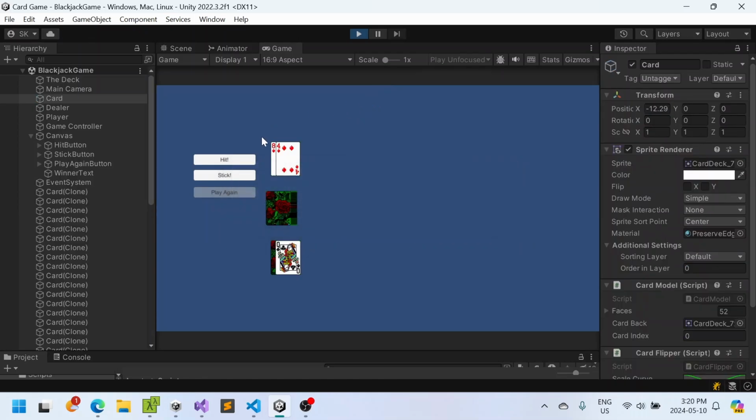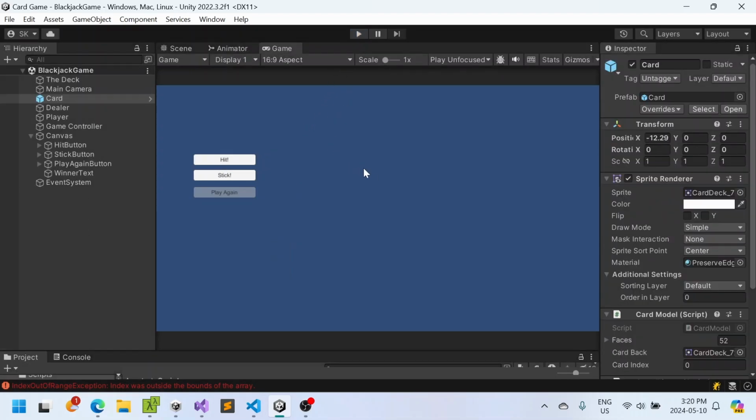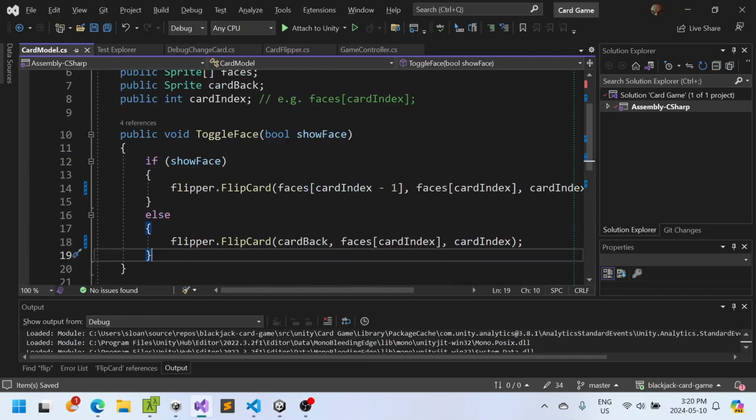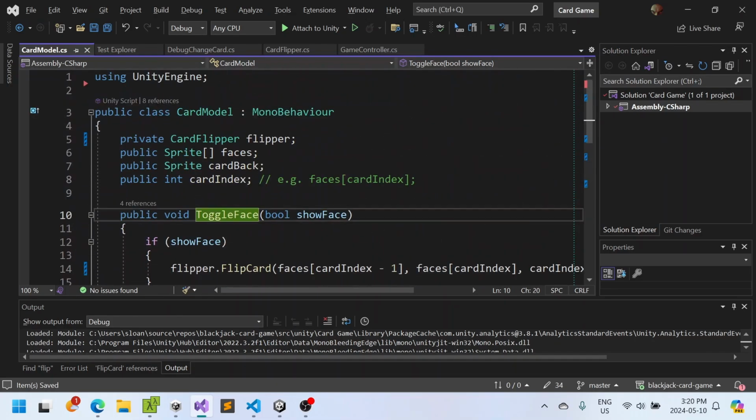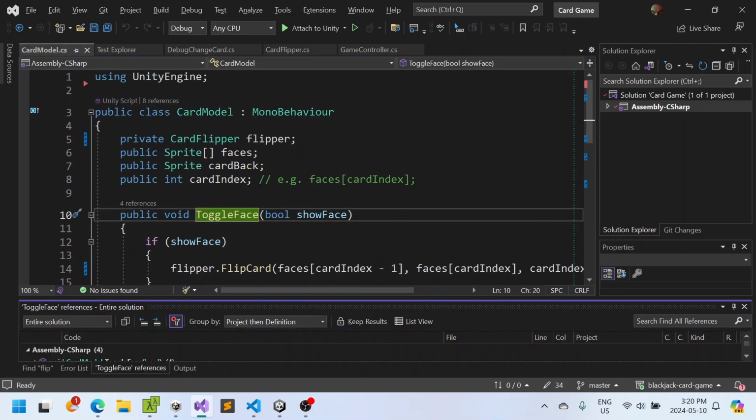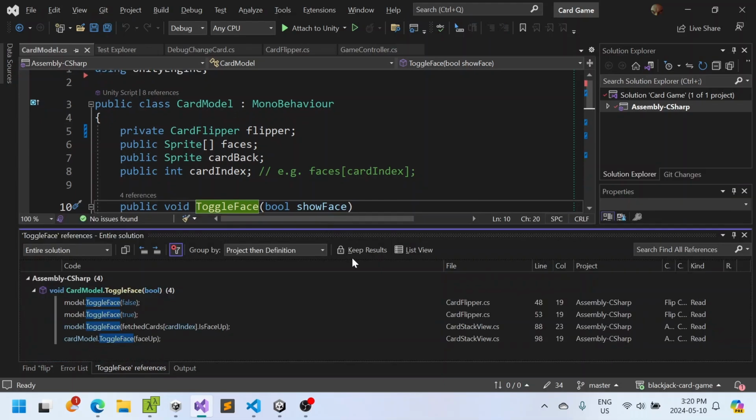Hold on. Alright, so we're 8 and 4. Oh, see, it's flipping the cards already. Oh well, let's toggle face, show face. Are we calling this all the time? That doesn't seem right, does it? We should only be calling it